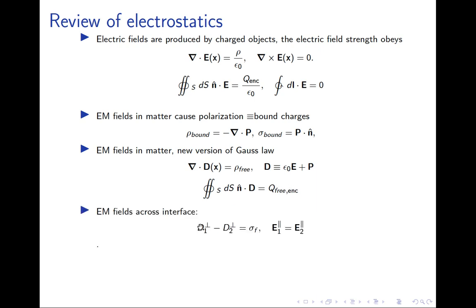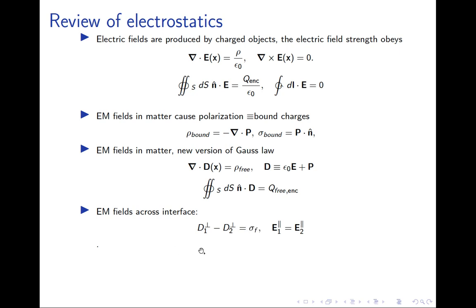One more thing is that when you have electric fields, again, this shouldn't be EM field, it should be electric fields, across an interface of two dielectrics. So if you remember the figure we had in the last lecture, we had a two-dimensional boundary separating dielectrics 1 and 2. Now at the boundary of the two dielectrics, the displacement vector on either side is not the same. There is a discontinuity. And the discontinuity in the normal component can be shown to be equal to the free charge density on the surface of the boundary of the two